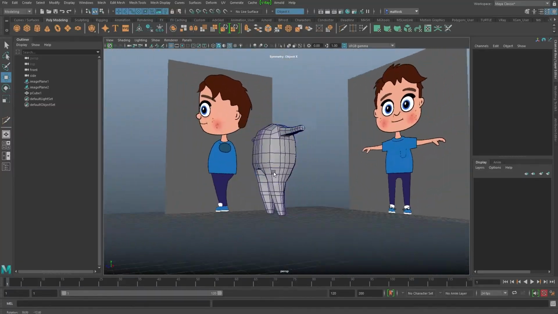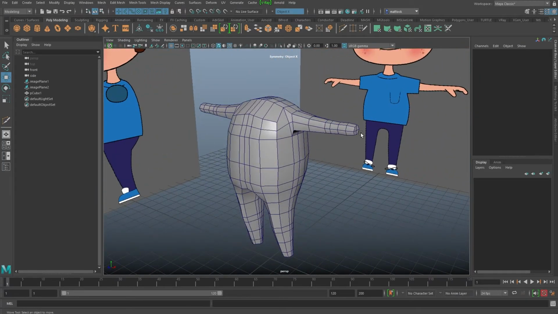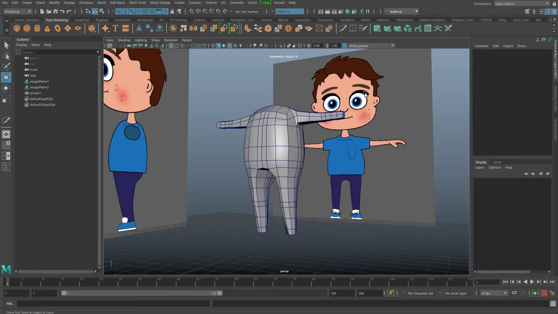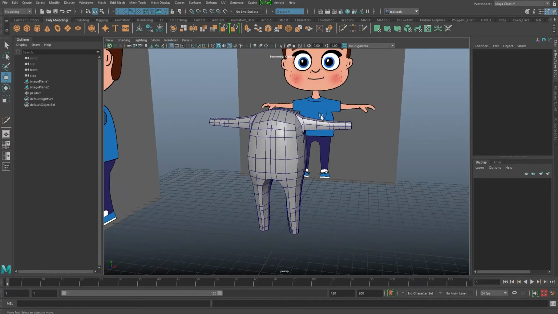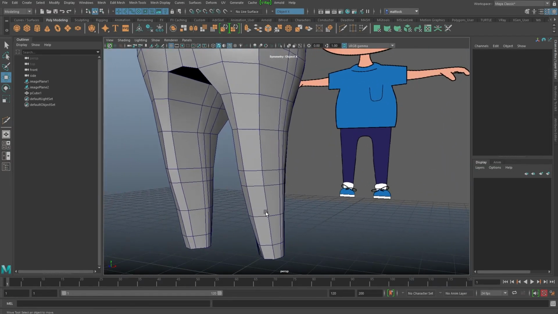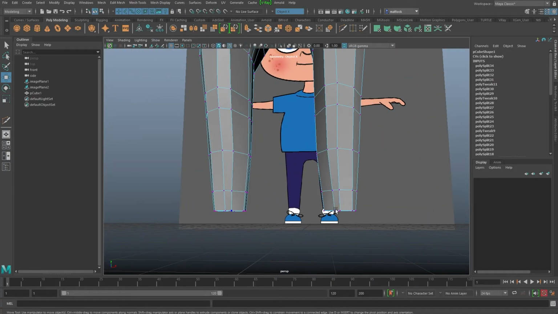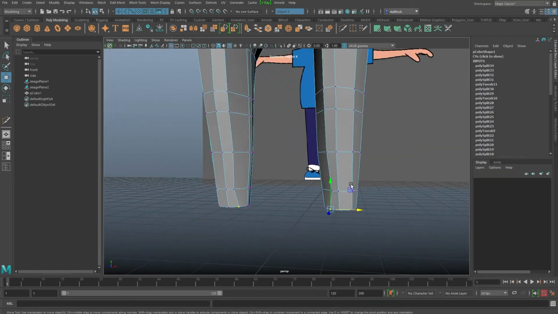Great. I hope that was helpful. So that is how we model the basic torso. And obviously now we're going to refine it. We're going to put little feet on. I'm going to go over doing the hands separately because it takes a bit more work, the hands. Let me just quickly put in some feet while we're here actually, because the feet are not going to be detailed, because they're going to be, I'm going to turn off soft selection, they're going to be hidden by the shoes basically. So let me just quickly put something in.